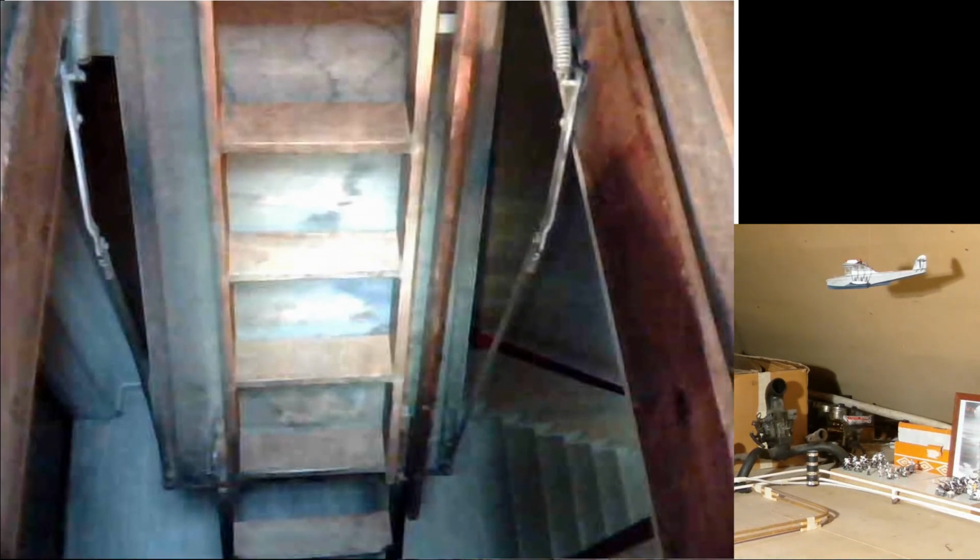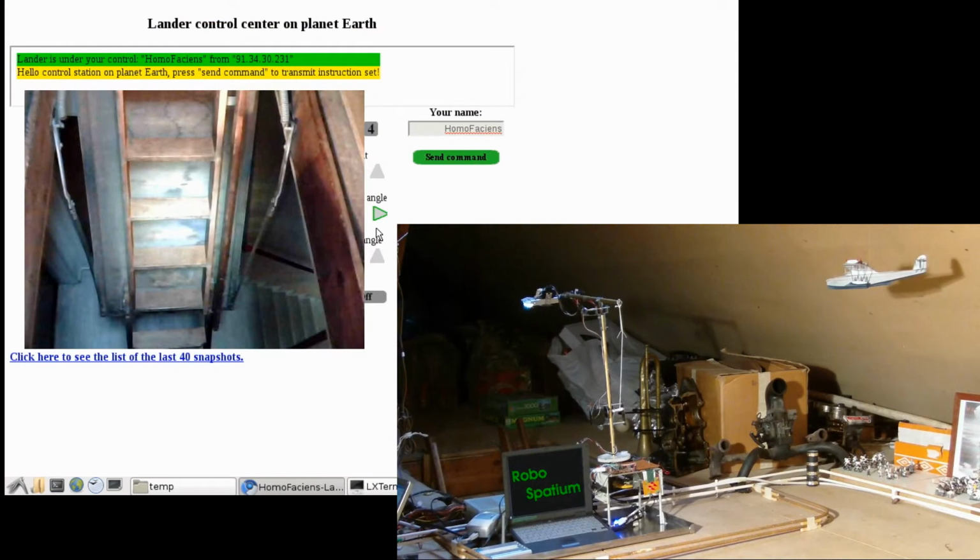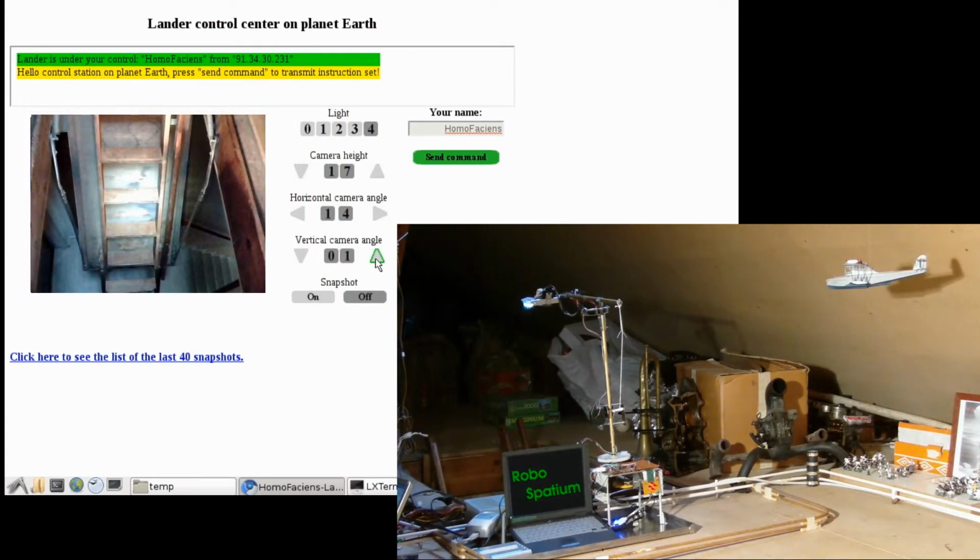Here you can see one of the rare moments of an opened Stargate. The picture is always taken at the end of the current instruction set. Thus you should not alter any camera angle while taking a snapshot, or else you might take a snapshot of something completely different than intended.